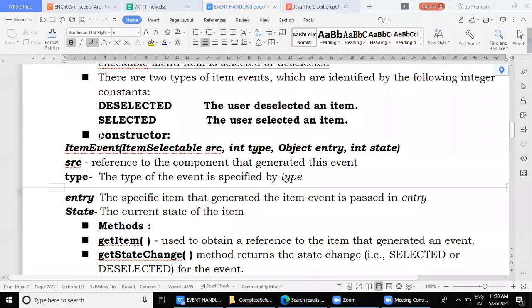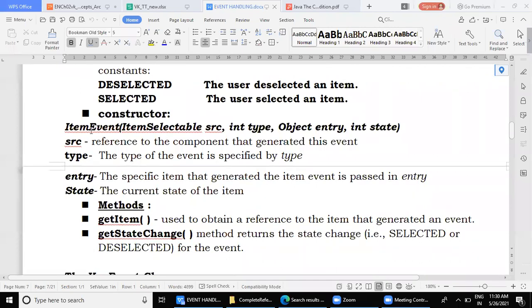Now, we have the constructor, how to create. Actually, this constructor will not be of much use because we will just be creating a reference of it, as we have seen in the previous program. Action event AE; for item event, we normally give the name IE, taking the initials I and E, I for item and E for event. We don't use this entire constructor, but because it is given in the textbook, let us understand it.